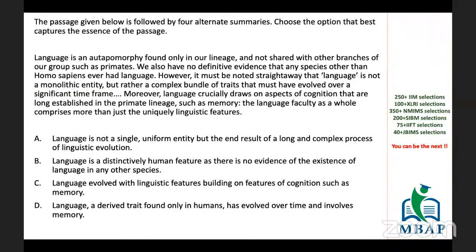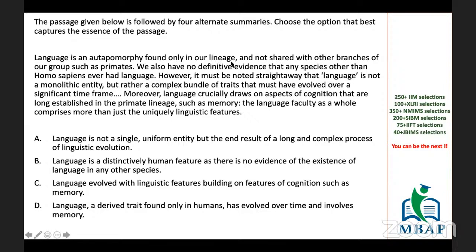Okay, so summary. Whenever we talk about summary, questions are basically the easiest ones an examination can offer you. Certain things we need to keep in mind: a passage is given to you, and all you need to do is check which option contains all the information. That's it. Now, on what basis should we decide whether the information given to us is applicable or not? Certain things you need to keep in mind while choosing your option.